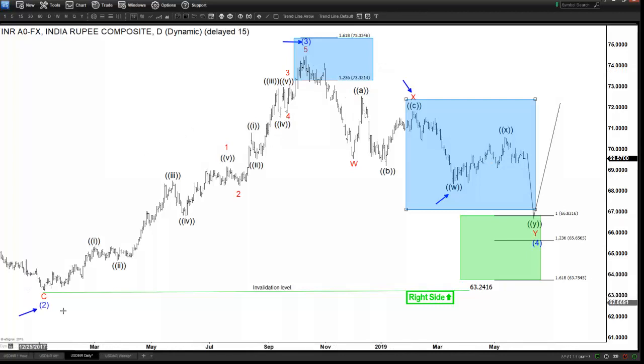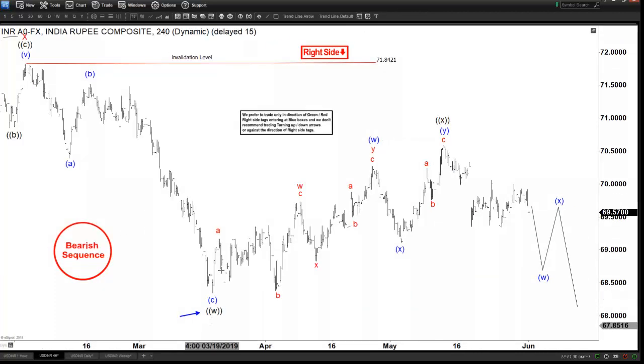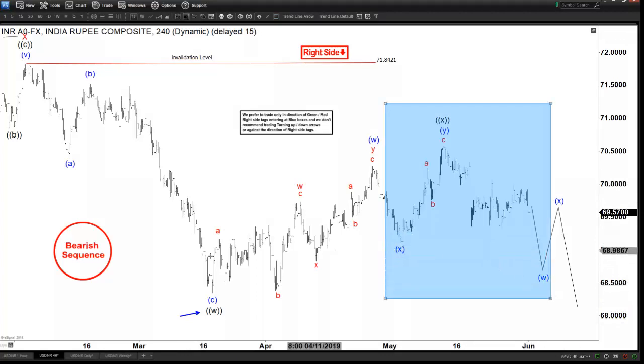Let's check. So this is the 1 hour, and sure enough we start with the X in black. In the 4 hour, this is your X in black. So all you're doing in the 1 hour is just putting in the details. Now somebody who doesn't know how to read Elliott Wave or how to label and so on, looking at the 1 hour chart, tell me, do you know anything about what the pair is going to do here? I mean, of course it says it's going to go down, but then you need to know all the pictures,